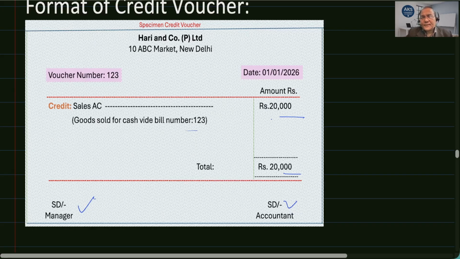So this is the credit voucher specimen, which indicates how the credit voucher is prepared and under what circumstances it is prepared. Whenever there is a sale done or cash is received for sales or any related thing, then a credit